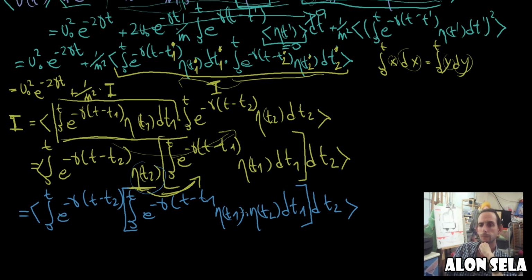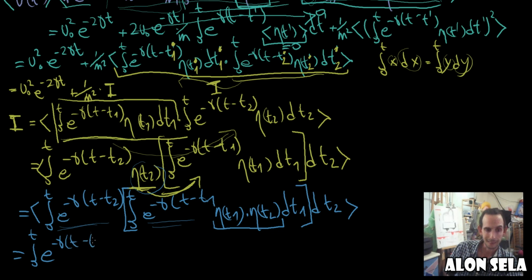Okay, now the reason we've done all this is to get to this point where, as we said before, the entire randomness is due to this thing right here, the Gaussian white noise. So this thing and this thing have no randomness in them. The randomness is due to this thing right here, so we can take the expectation and put it only on the random thing itself. So we'll get the integral from 0 to t of e to the minus gamma (t minus t2)